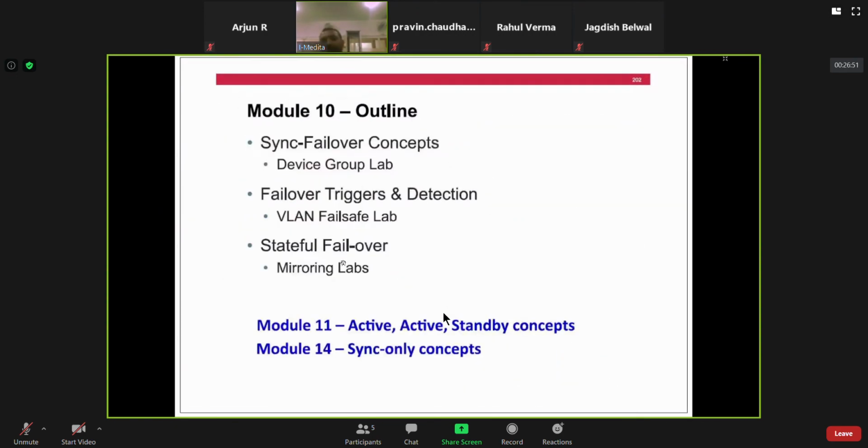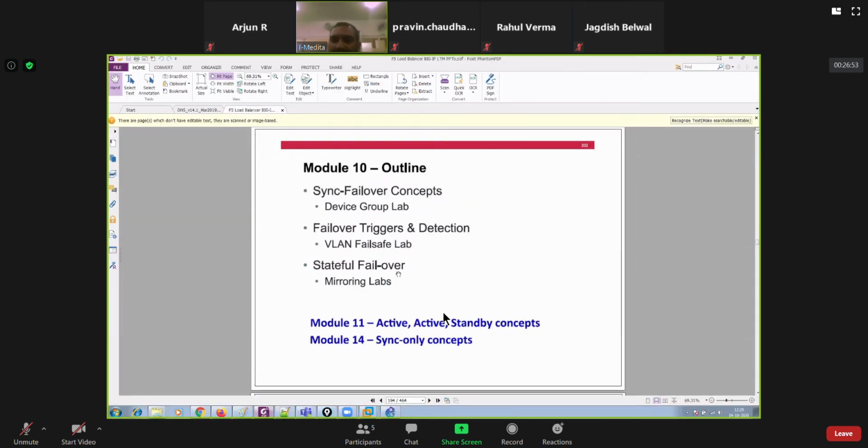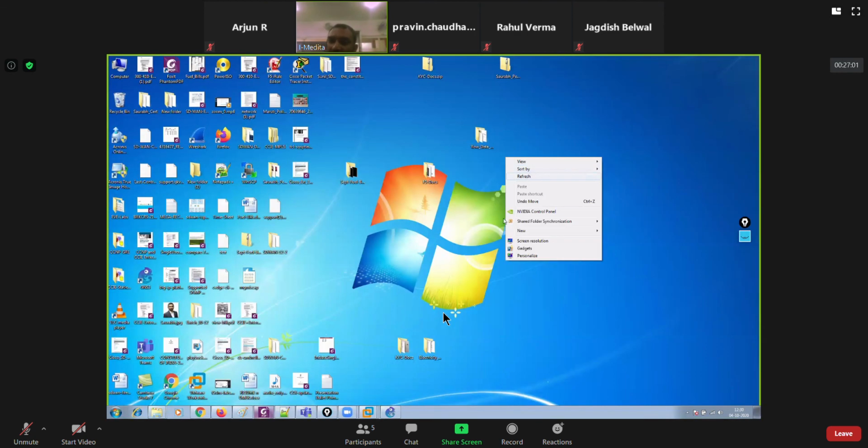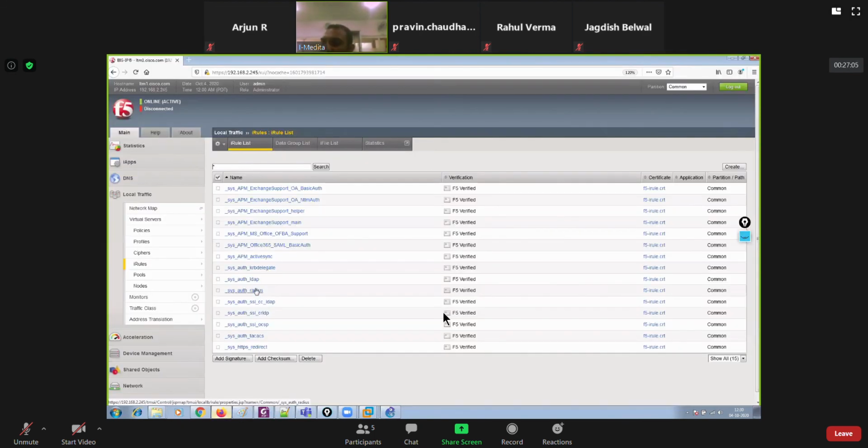Hey, one more thing I would like to show you first, even before I start with iRules. Guys, always remember that if you are using active-standby failover, and if you really want to synchronize the connection table, then you have to go to virtual servers.